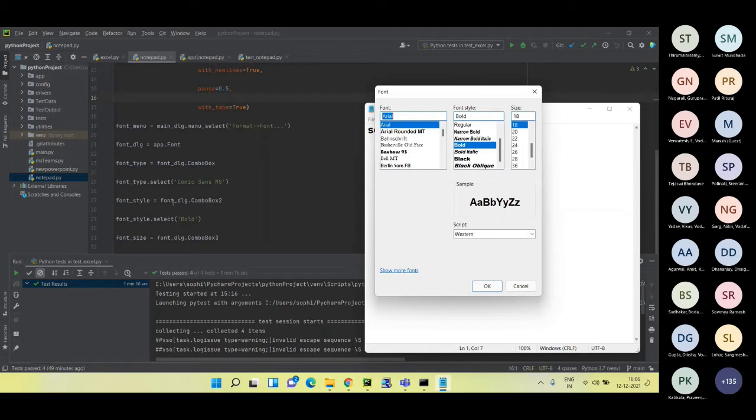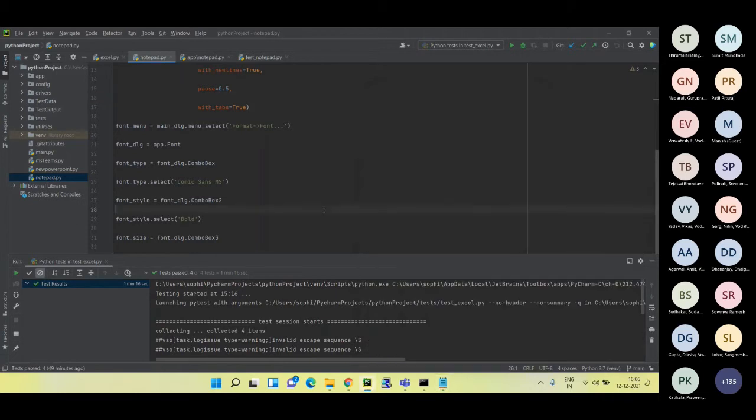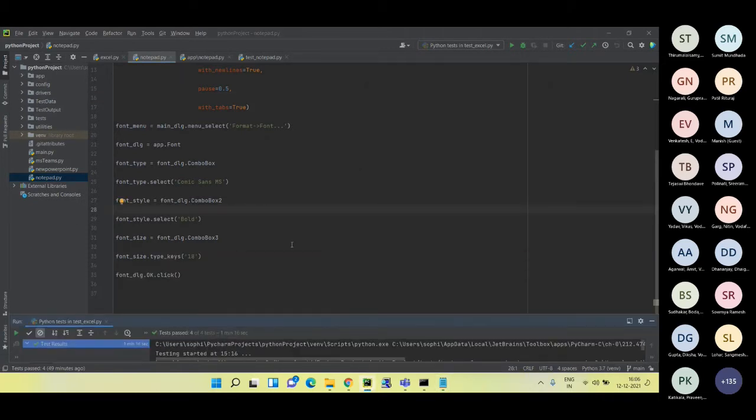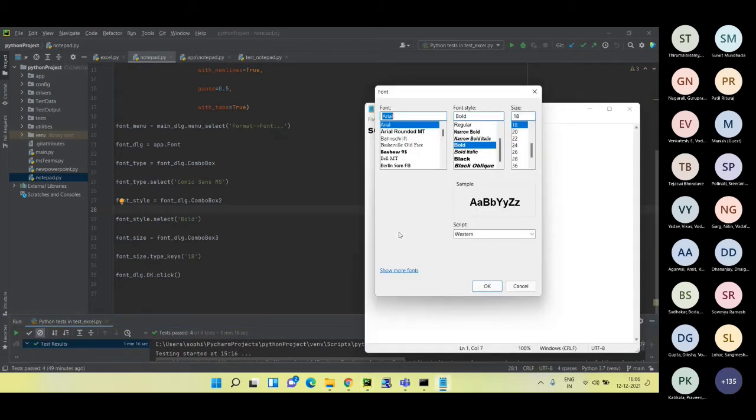I'll type the name font type and the combo box 1, and then I want to select Comic Sans from here. So font type dot select Comic Sans MS. In the same way, I'll be selecting the font style and the size using similar code. And then at the end, I'll be clicking on the OK button of this font window.